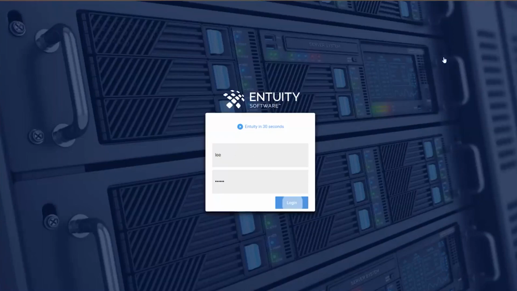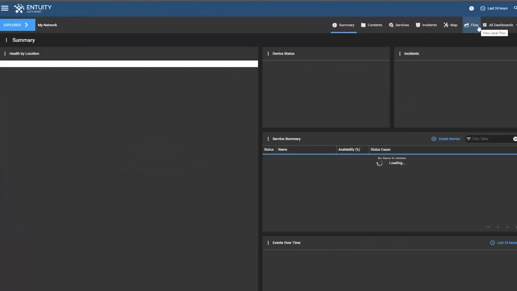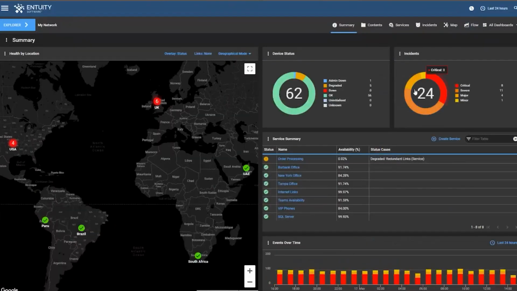Okay, I'll just log in. And straight away I'm greeted with my home page, or my home dashboard. Now I can change this to be literally any dashboard I want through my user preferences. But right now I've set it to show me a high-level summary of my entire network, and that shows me